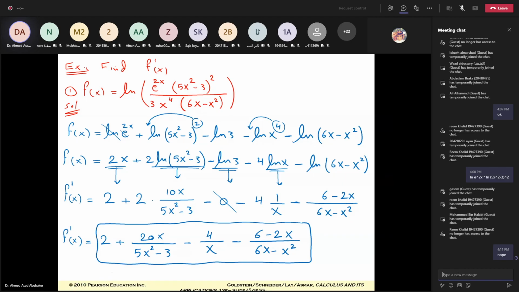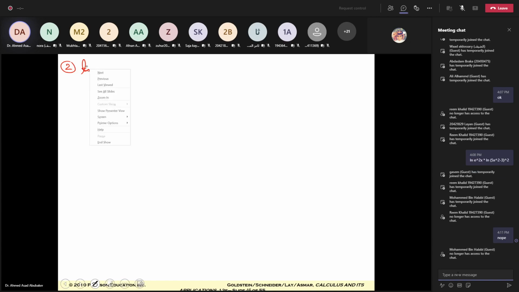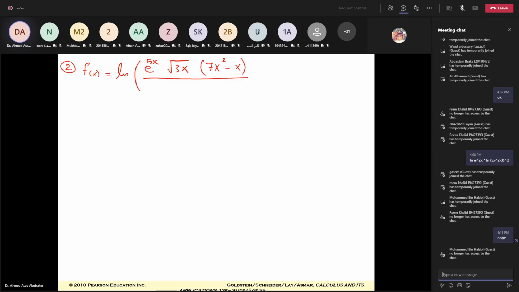Another example, number 2. Let f of x equal ln of e to the power 5x, radical 3x, times 7x squared minus x, over 2x to the power 3 times 3x minus 6 to the power 4. The solution: